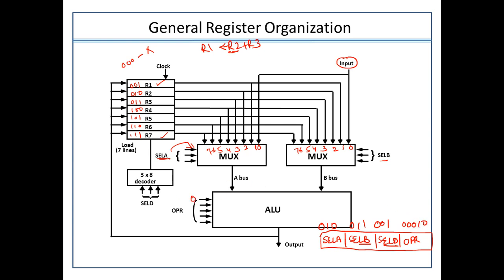So if the value present here is 0, 0, 0, 1, 0, and here it is 0, 1, 0, and the value present here is 0, 1, 1, then definitely those required pins will be selected. Here I will be able to select pin number 2, which has the value coming from R2. Here pin number 3 will be selected, having the value R3. Then this data will flow in the form of buses. Through the buses, it will be transferred to the arithmetic logic unit.